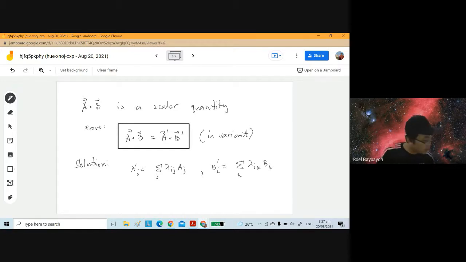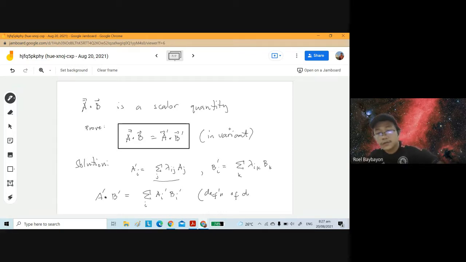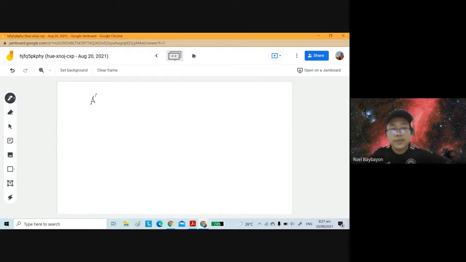Okay? So if we dot this one, a dot b prime, we just multiply, right? I have the summation of, by the definition of a dot product, this is equal to a I prime b I prime. Correct? Right? That is the definition of the dot product. Okay. So, therefore, a prime dot b prime